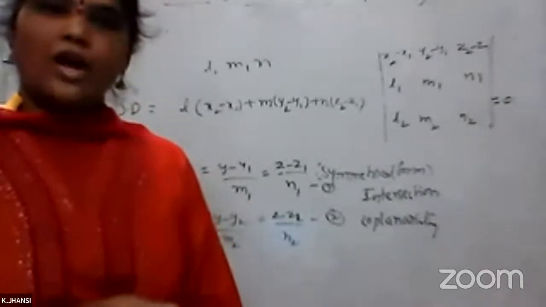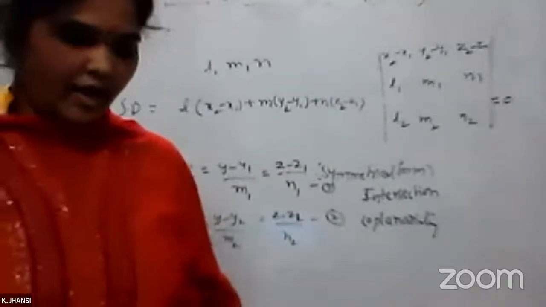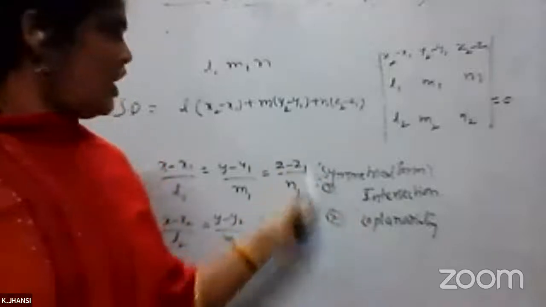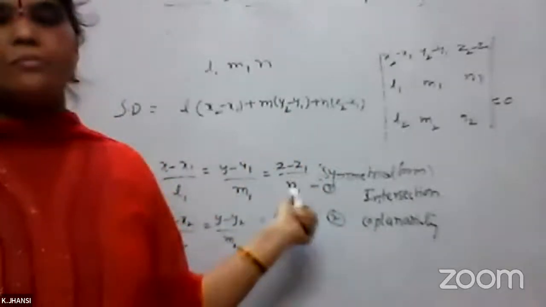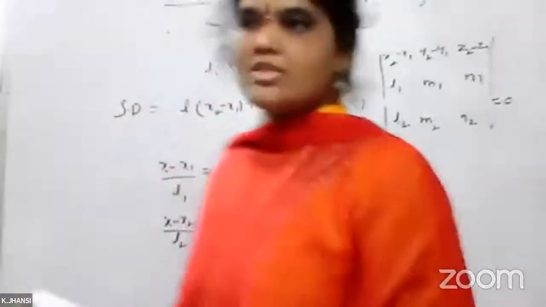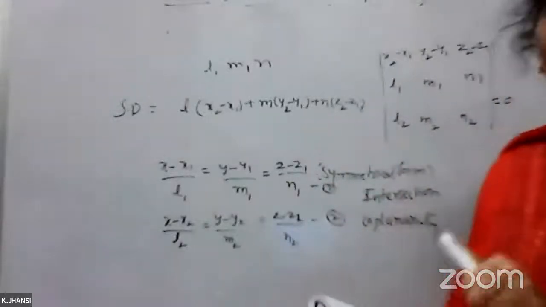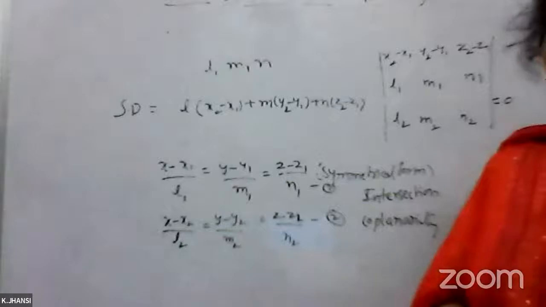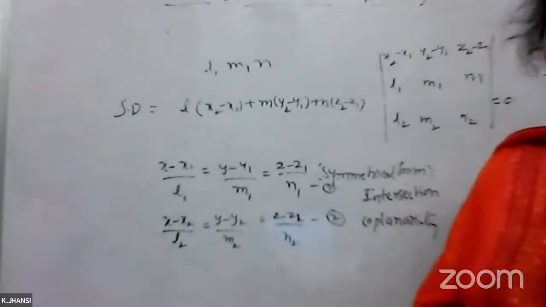The first method is whatever I have told now, and the second method is taking the equations equal to R. If you do the first method or the second method, you will get the same shortest distance and also the same plane equations. So this is the 10 marks question in the 5th unit. Next, in this only,